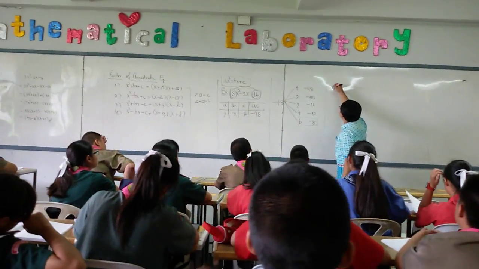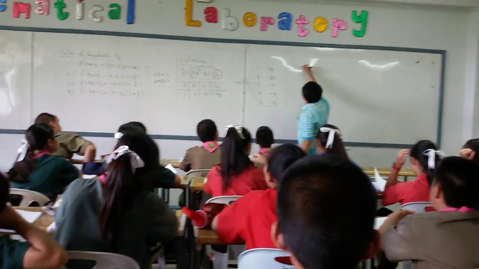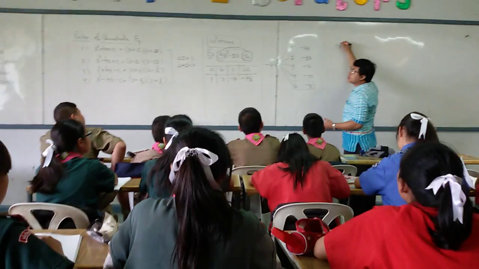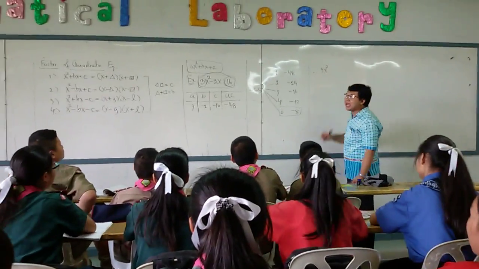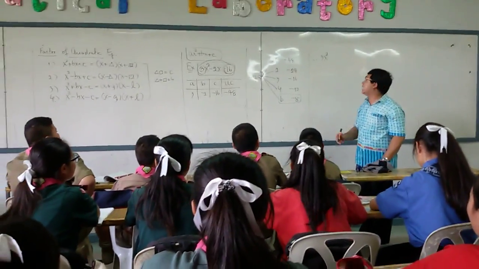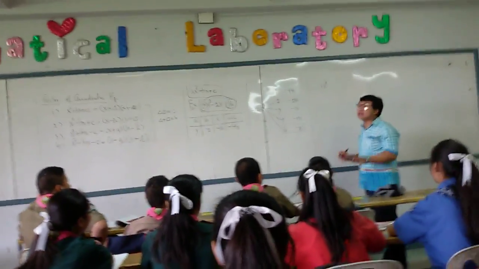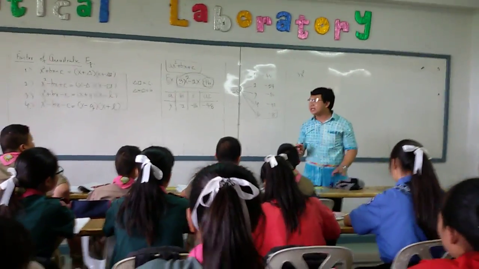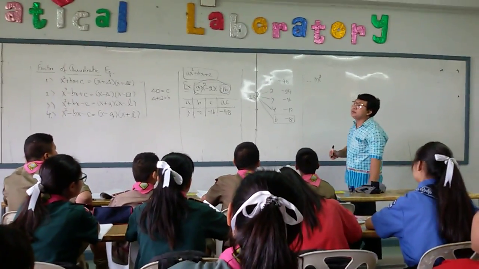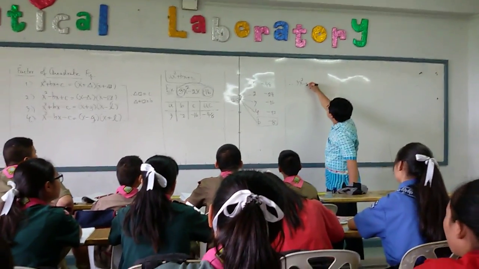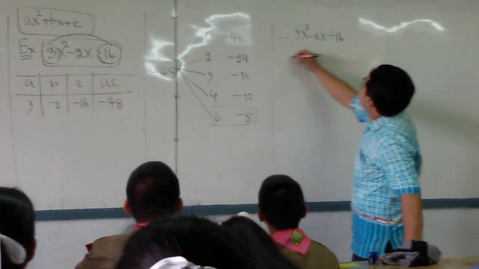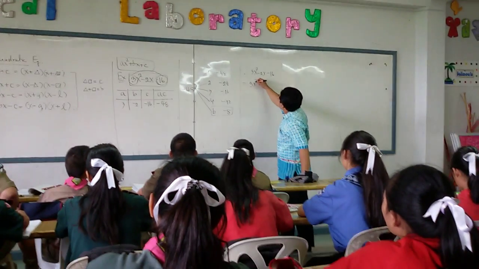Then we have 3x to the second power, or we can call it 3x squared. เห็นไหมครับ ถ้ายกกำลังสองก็บอกว่า square or to the second power. Minus 2x and minus 16 is 3x squared